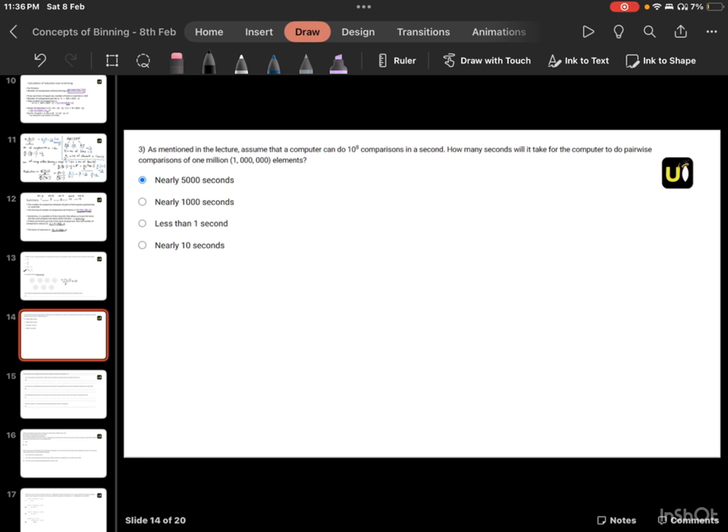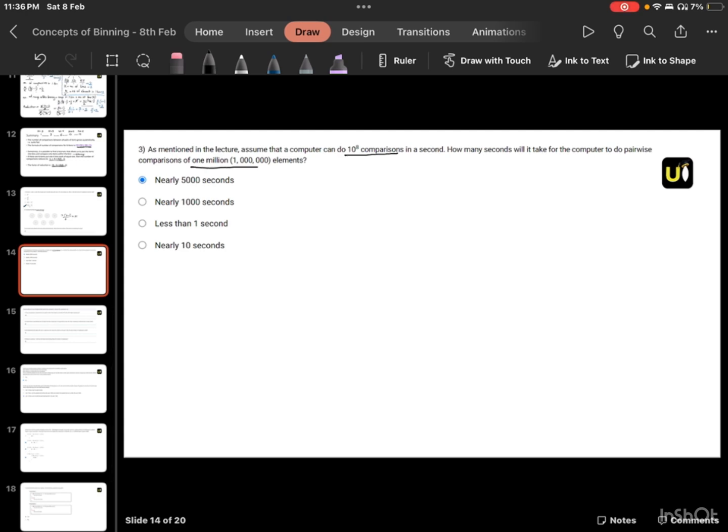As mentioned in the lecture, assume that the computer can do 10 to the power 8 comparisons in 1 second. How many seconds will it take for the computer to do pairwise comparison of 1 million elements? So we want pairwise comparisons of 1 million elements. 1 million is basically 10 to the power 6. So we use the same formula, n into n minus 1 by 2. N is 10 to the power 6 and n minus 1 is 1 million minus 1. So it would be this number by 2,